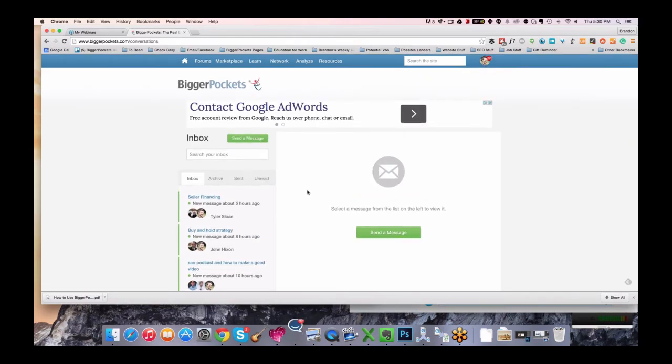We actually also have a chat feature on BiggerPockets, but it is under maintenance right now. We released it like 2 weeks ago and it was out for like a week and then we took it away because it was doing some funky things on the back end and making the site run really slow. So we'll have that back out hopefully in another week or so. But if I wanted to send a chat and chat with somebody individually, like me and Tyler here could chat individually back and forth. Very cool feature.